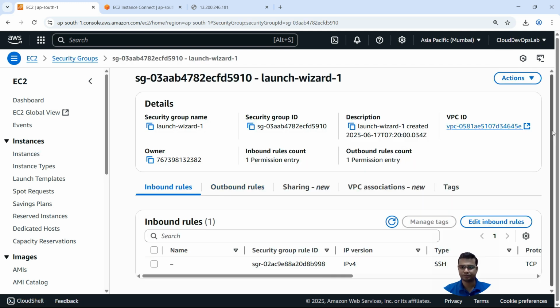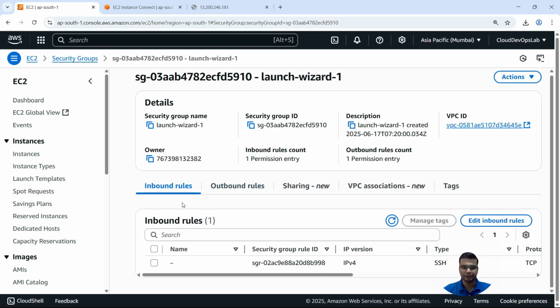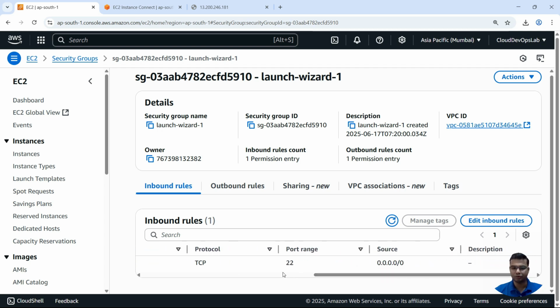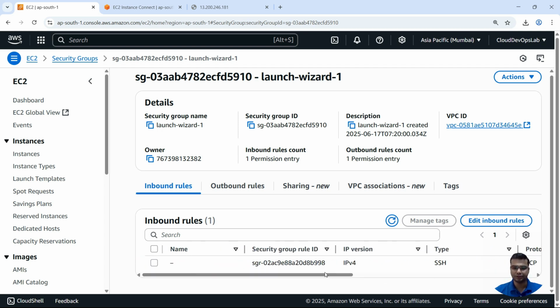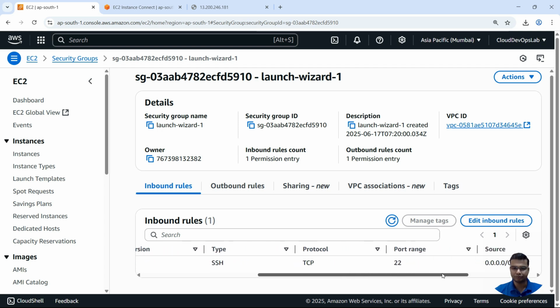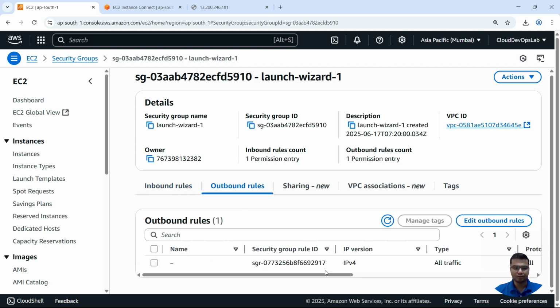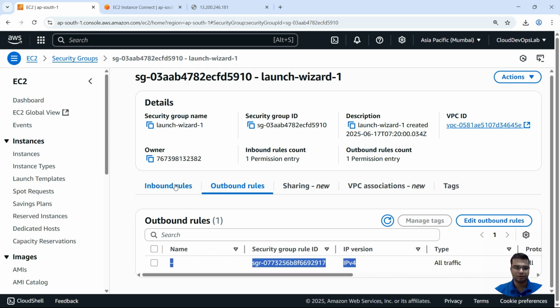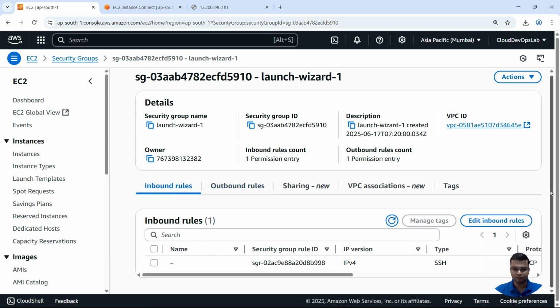Here you will see inbound rules and outbound rules. In inbound rules, only SSH, that is port number 22, is open. We can connect to this machine only on SSH port 22. Outbound rules, all traffic, the machine can access all. But inbound rule, only